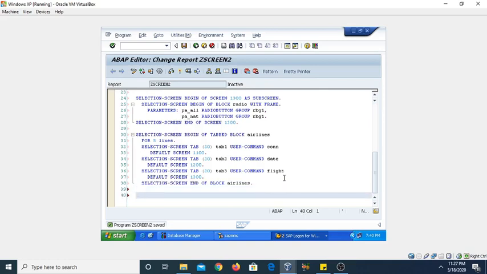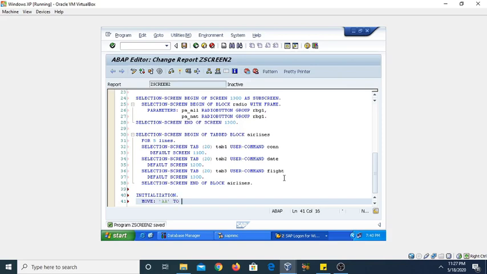Now I have discussed in the last video the events that are executed behind the selection screen, and the first event or first step was the initialization. So I am going to use this event initialization. That means I am going to initialize your selection screen elements or selection screen fields directly.